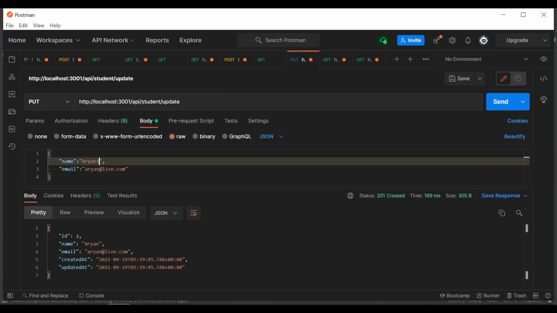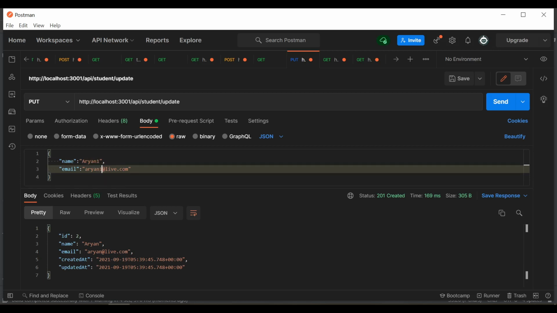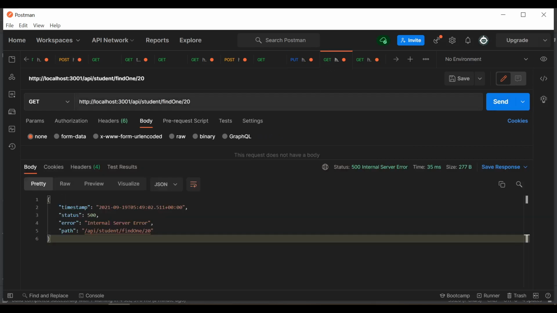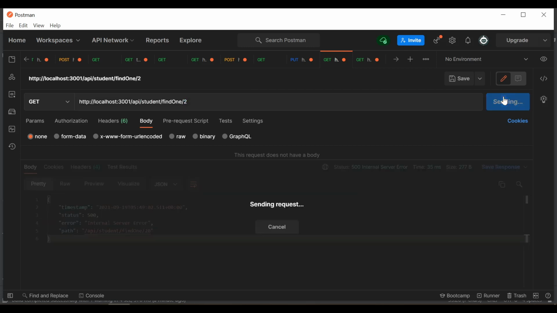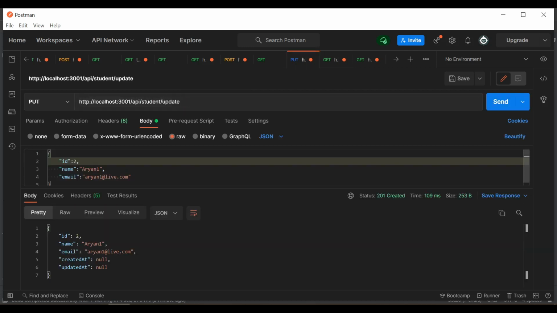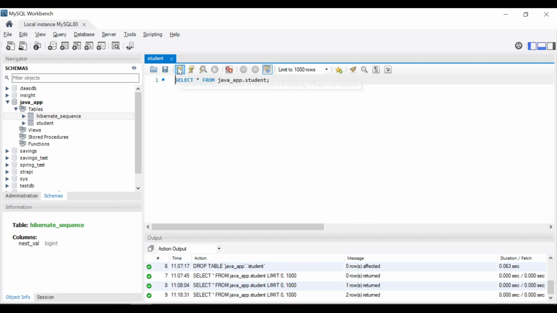So let's test the put, and here we'll use the update route and we want the name as shake1 aryan1 for ID 2. Let's define ID 2 here. Okay, let's do it now. For ID 2 we have updated. Let's see here with ID 2. You see the object is updated. Same we can check in DB also.